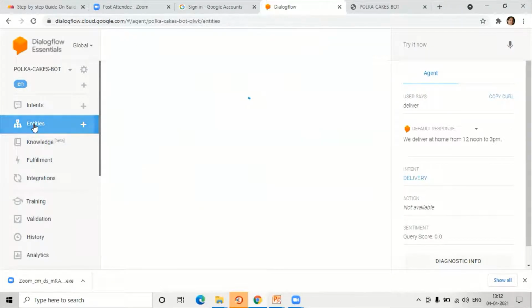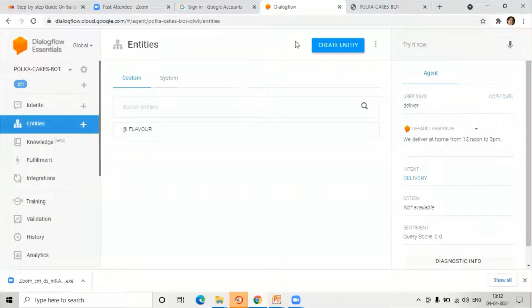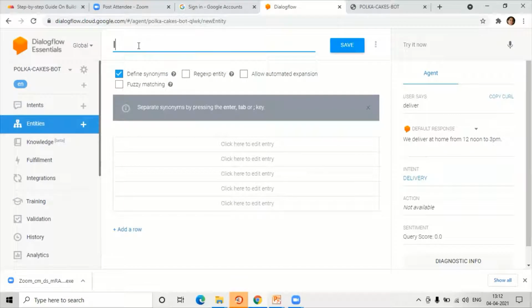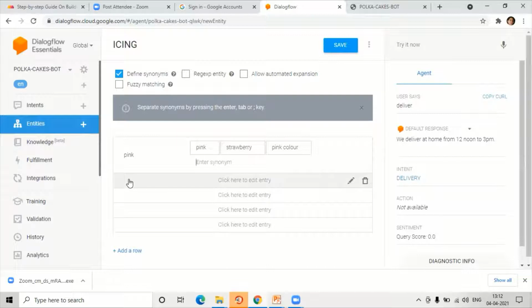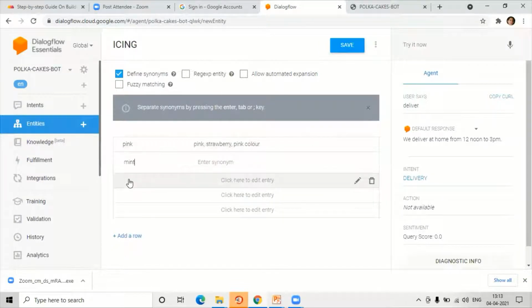I again go to entity, and here I want to create an entity called icing. The different types of icings that I have are of three colors. One is pink. People can type that they want a strawberry icing, or they can write pink color. The second flavor that we have is mint.